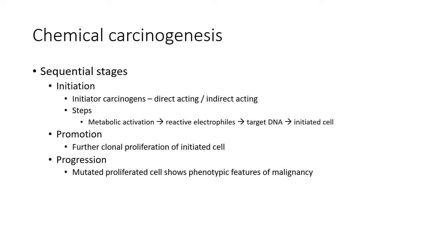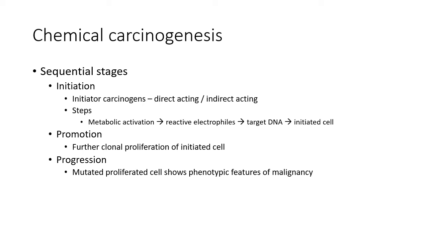If this DNA damage is not repaired, and this cell with altered DNA undergoes cell division and at least one cycle of proliferation occurs, then this damage becomes permanent. That is, if this DNA damage is carried on to the next generation, it becomes permanent, and such a cell is called an initiated cell. But again, even this initiated cell by itself cannot develop into a cancerous growth.